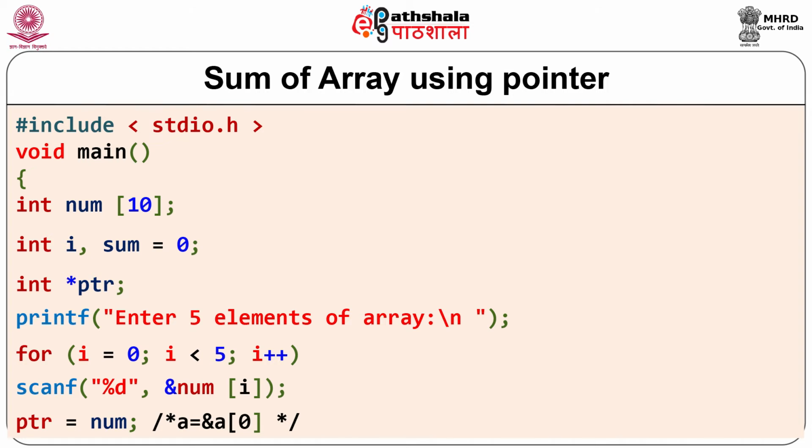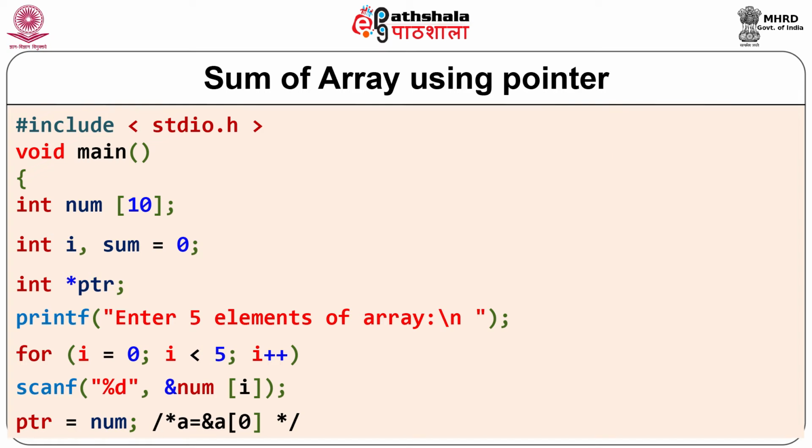This statement belongs to the array. So, the array size is 10 and the type of array is integer. Next statement, integer i, sum = 0, these are the primary variables. Third, integer pointer, so this is the pointer declaration. After that we are using a printf statement, printf enter 5 elements of array. So this statement is used for